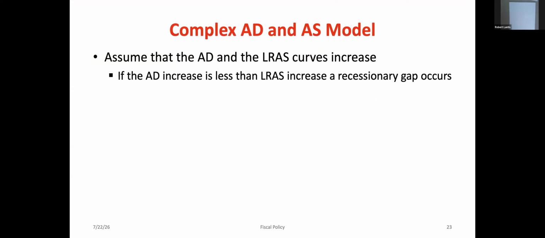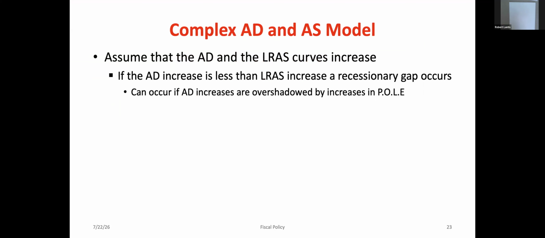Okay. So if aggregate demand increases, and it's doing so by an amount that's less than the long run aggregate supply increase, we're going to end up with a recessionary gap there. So what we're going to end up seeing is that increases in aggregate demand, even if this could come from consumption, investment, net exports, or even government spending, if it's overshadowed by increases in any of those factors of pull, we could have recession or inflationary gaps created.